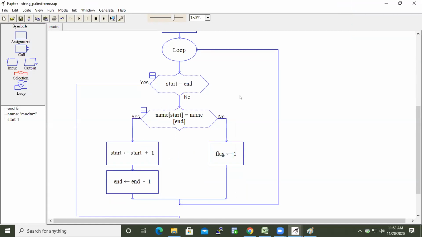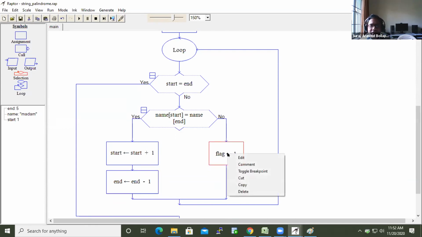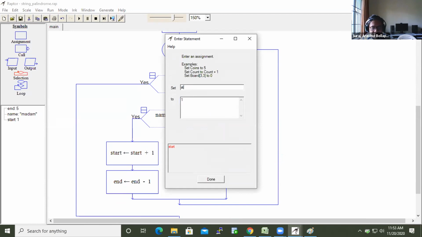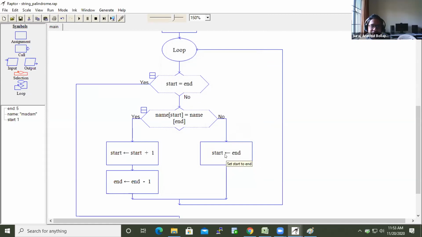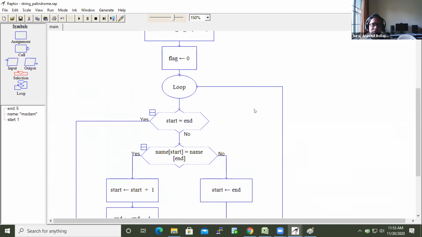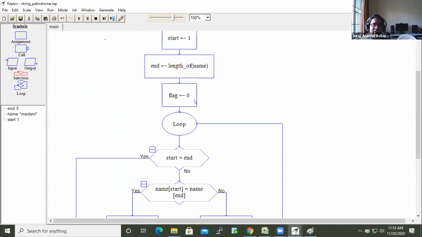Sir, you could do like this. In no position you give flag is 1. Okay. So in between loop and start equal to end, you can add a selection, no sir. Okay. I just got another idea. Instead of this, I can modify. I will set the start equal to end, and that's all. In the no branch, I put an assignment such that this will be fine. I check it here. It will come out. Let us see whether this will work or not. Anything else I need to modify? No. This is not required then.